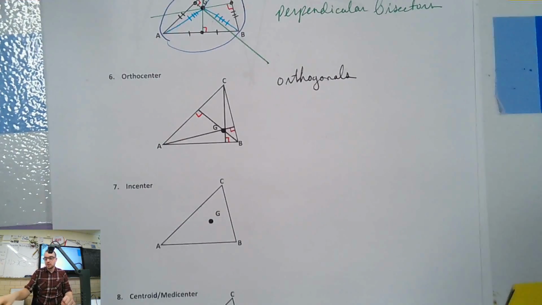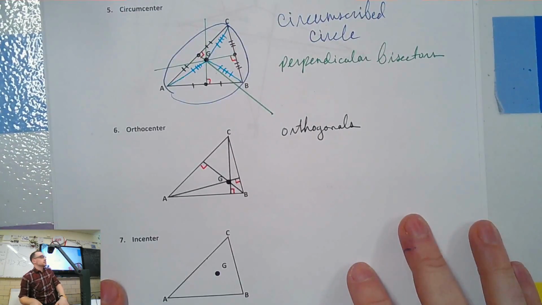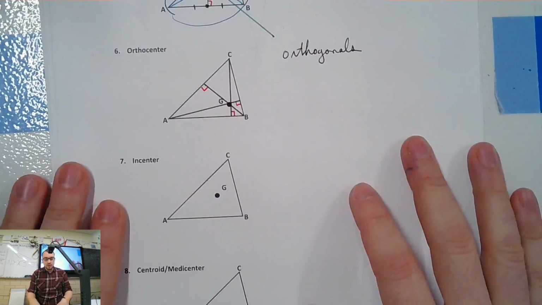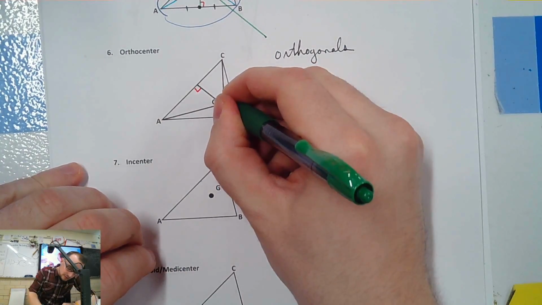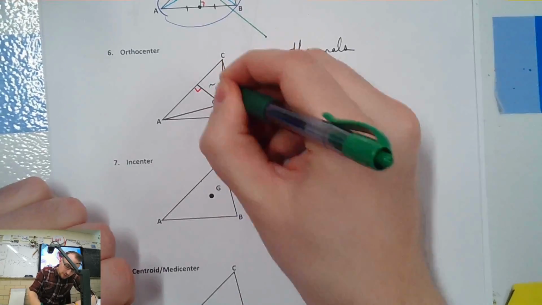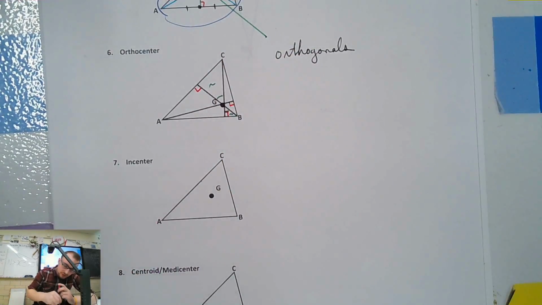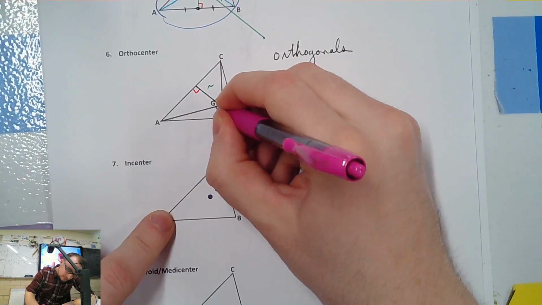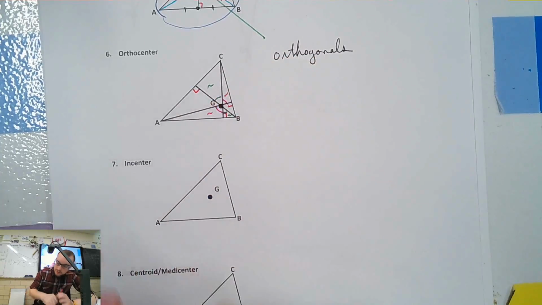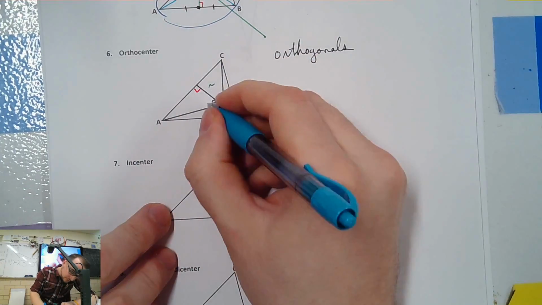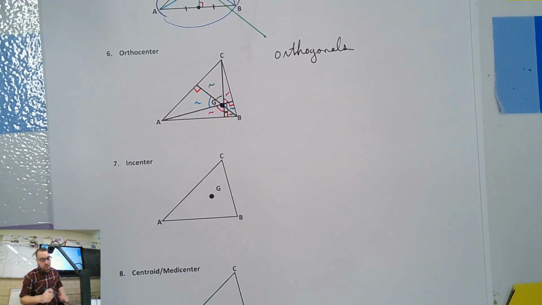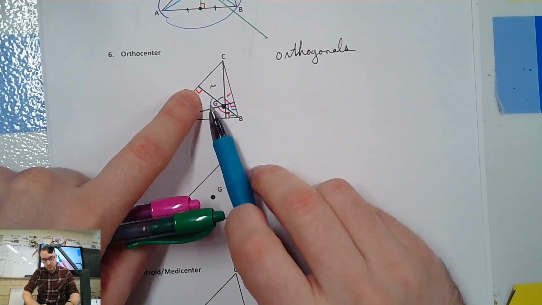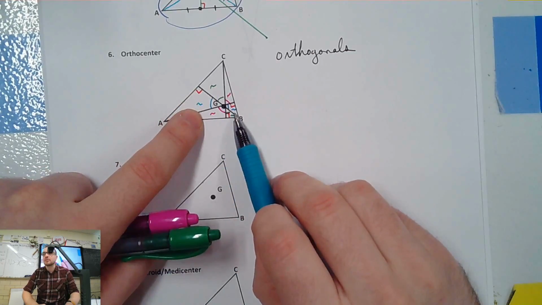Now, much like the orthodontist, there's not really a whole lot of exciting stuff to add, like with the circumcenter, right? We ended up with this Frankenstein diagram, right? With the orthocenter, we just have vertical angles, which means we have similar triangles, right? These two angles are vertical, so these two triangles are similar. These two angles are vertical, so these two are similar. And these two angles are vertical, so these two are similar, right? Because the vertical angle is the second angle in the triangle that matches. We've got a right angle and a blue angle, we've got a right angle and a blue angle, so they must be similar by double A, right?